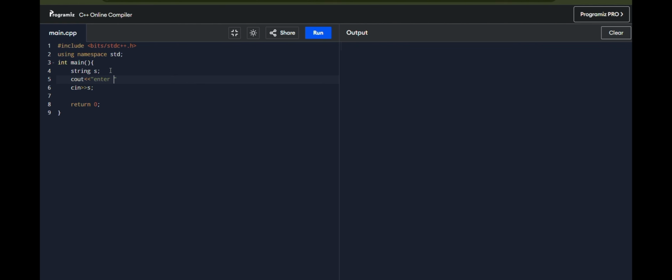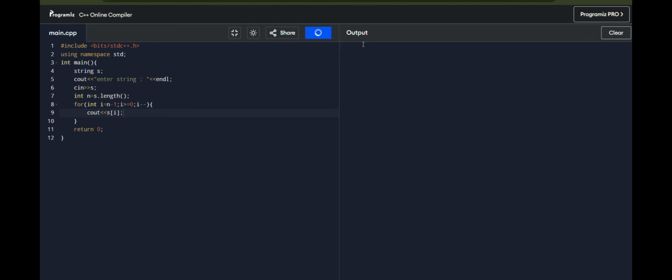cout enter string, then cin. int n is equal to s dot length. for int I is equal to n minus 1, I greater than or equal to 0, I minus minus, cout s of I. The reverse string is